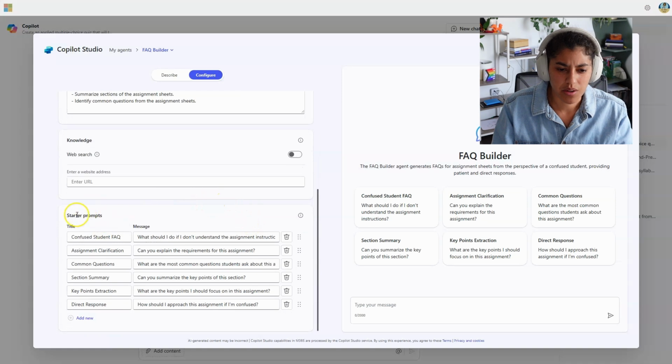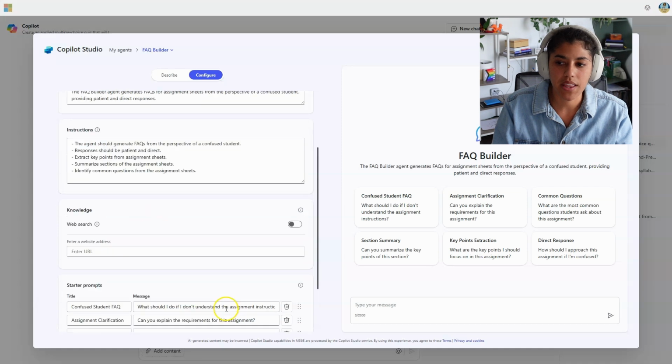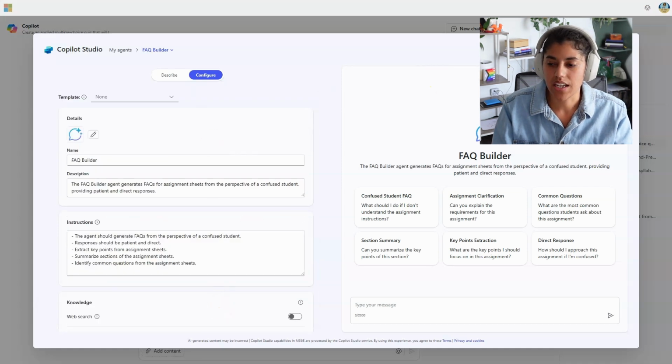So then there's starter prompts. What should I do if I don't understand the assignment instructions? Sure. So we might want to take some time to update some of that. And it looks like you can only add 6 starter prompts, so I'd have to go in and edit that, but that'd be okay. So then if we do create,